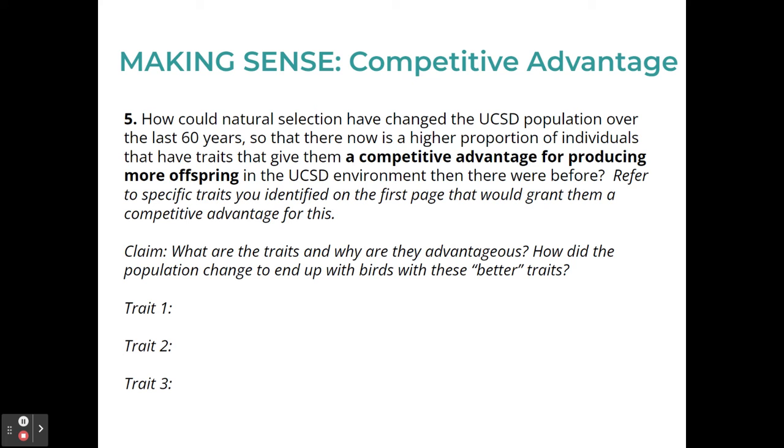Another trait that's advantageous is being a better parent. With birds that are more attentive to their offspring, their offspring will have higher rates of survival, which is really important because the only way for traits to pass on is for the organisms to survive, to be able to reproduce. So if you can raise your offspring to adulthood, then they're more likely to then be able to reproduce and pass on the traits that you gave them. They can now give those traits on to their offspring.